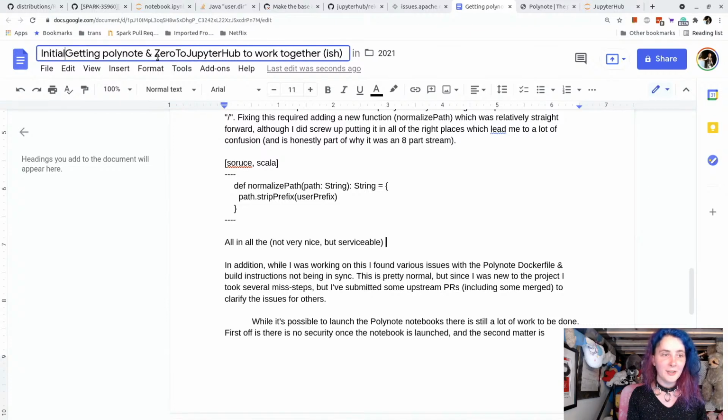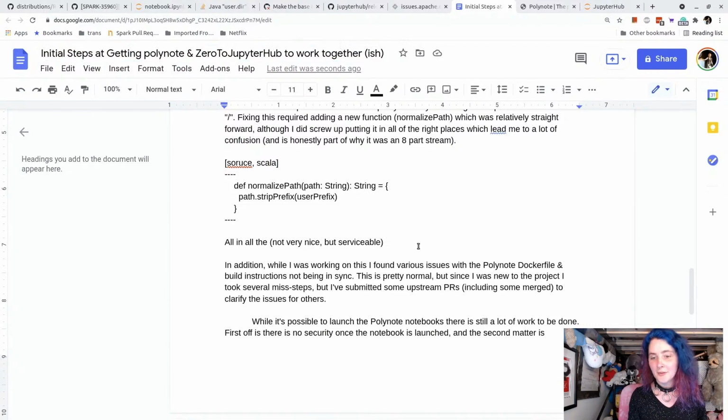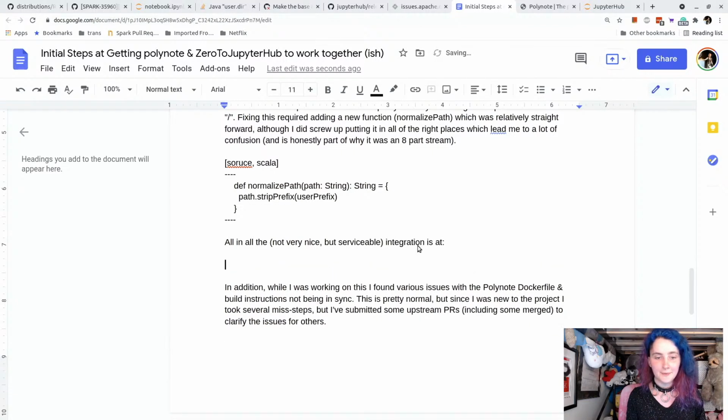We'll call this initial steps, but serviceable integration is